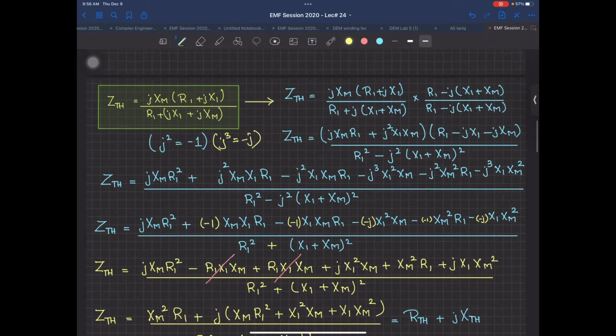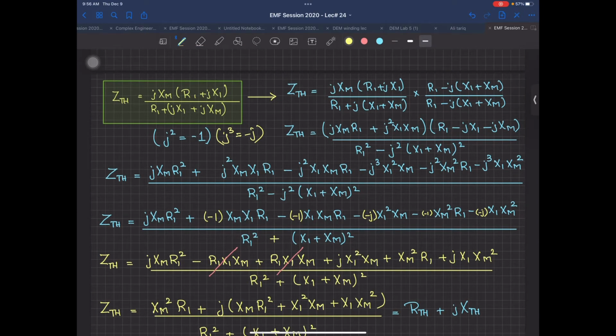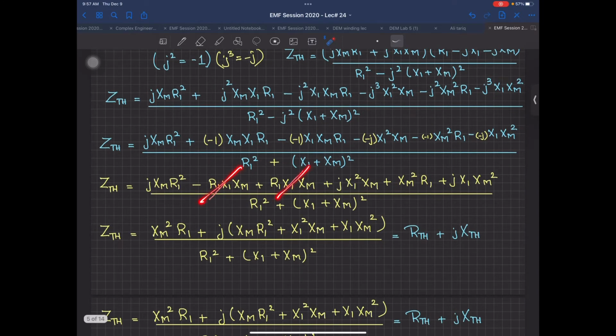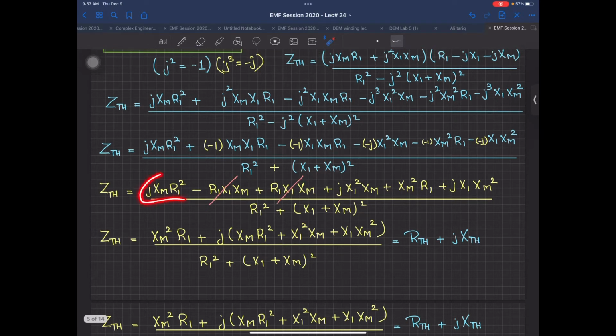So over here you can see, I will share the screenshot, you can do the mathematics yourself. I'm not going to go through the whole thing over here. This is jx and r square, just with this one. So I have replaced j with minus 1, j square with minus 1, j cube with minus j. So after doing the simplification, this term and this term, they cancel. And I have now over here, if you can see, jxm r1 square plus j term. Only one term is remaining, which is not j.